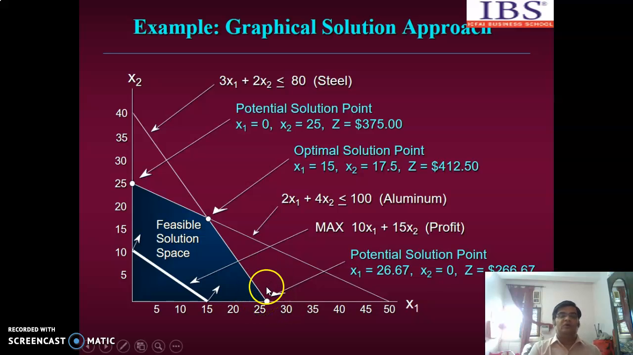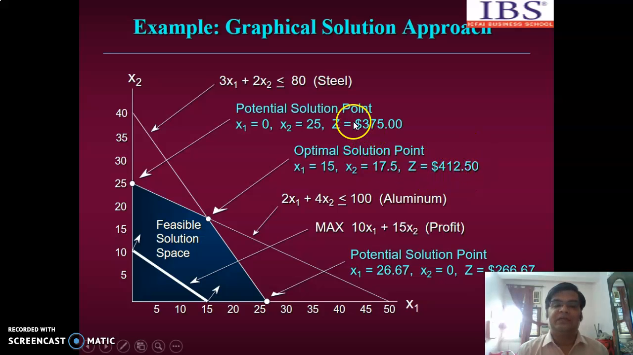Now we will put the values of all these 4 points and test the value of z. If we put this point, x1 equals 26.67 and x2 equals 0, the z value is 266.67. If we put the coordinates of the origin, we'll get the value 0 obviously, because if we put 0, 0, we'll get 0. And for this point, x1 equals 0 and x2 equals 25, if we put these coordinates in the maximization objective function, we'll get z equals 375. But if we put this optimal point, that means x1 equals 15 and x2 equals 17.5 in the objective function, then z is equal to